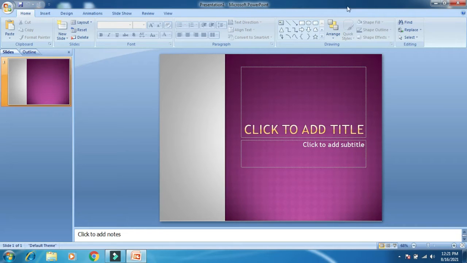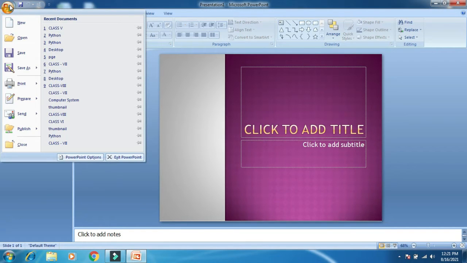It also has 3 buttons: minimize, maximize and close. Along with that, at the left side we can see the Save button and the Office button, which has various commands which we can use while editing or modifying our presentation.